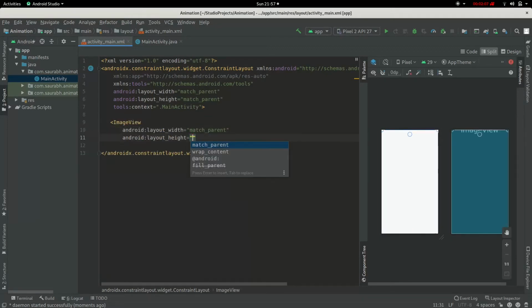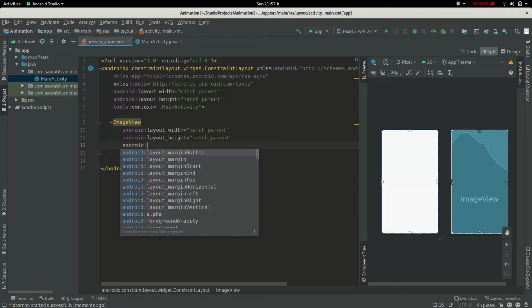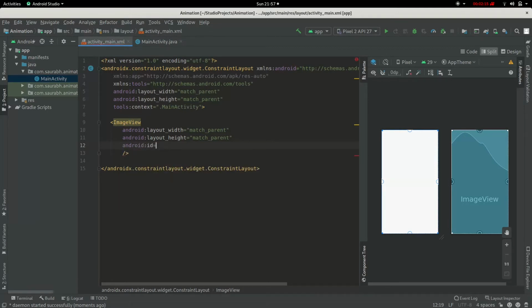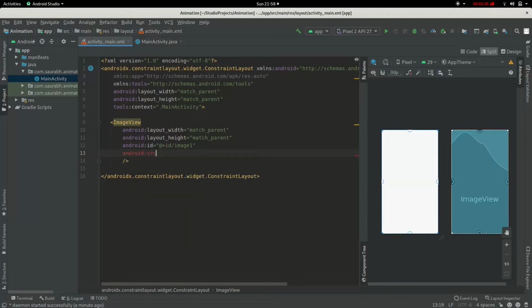Width will be match parent and height will be match parent. So we will fill up the screen with this image view, and let me assign it an ID of, let's say, image1, and we will set the source of the image.